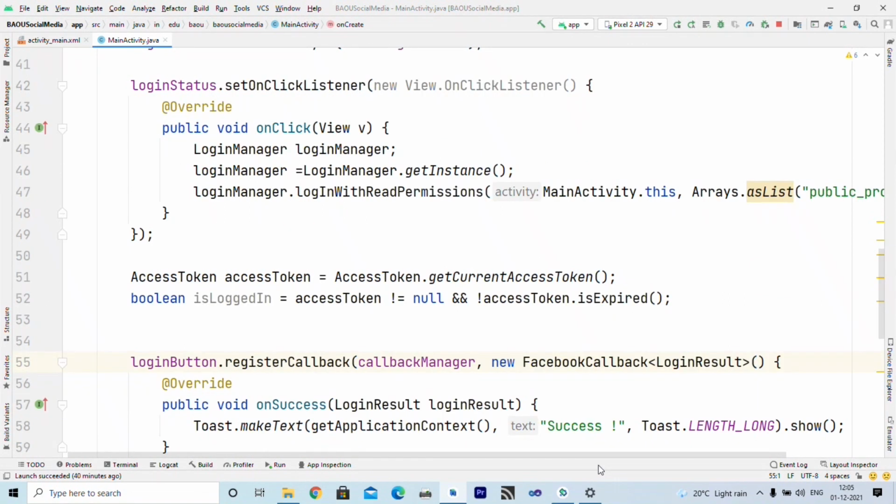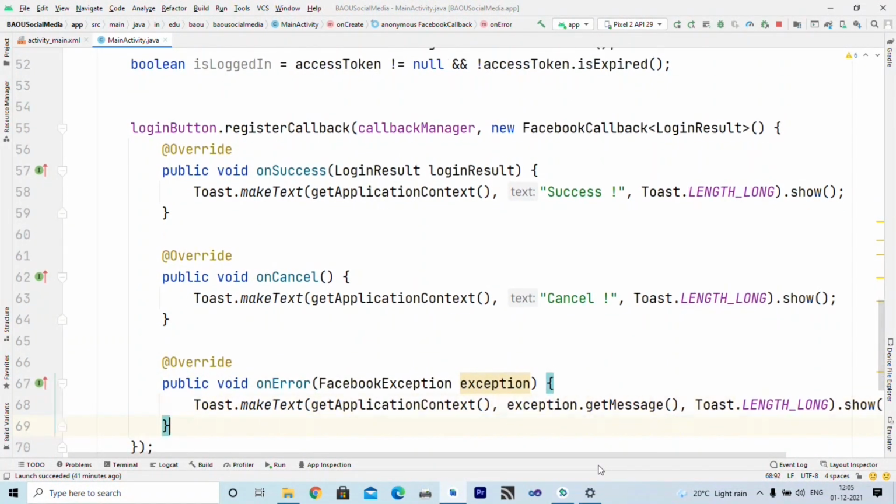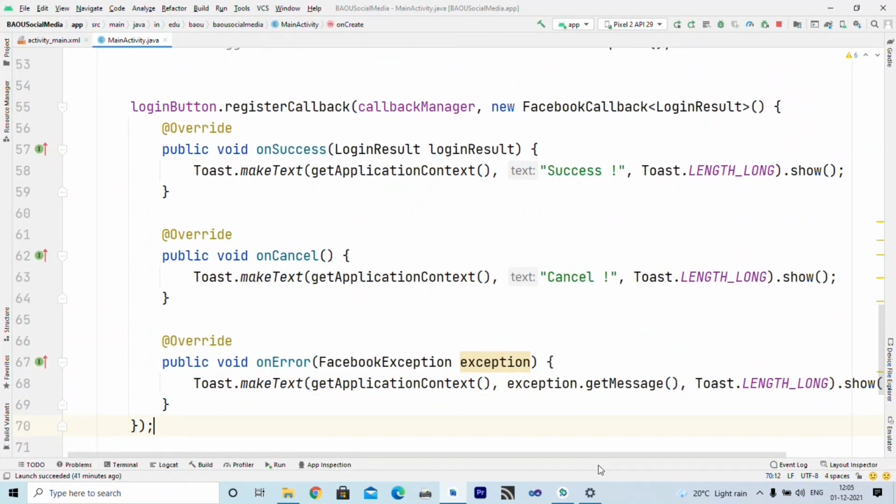The login button provided by Facebook must register a callback. So this registerCallback method is used to register the callback. This is a callback manager and this is an implementation of the Facebook callback, and you have to implement these three methods: onSuccess, onCancel and onError. If onSuccess is executed, it means login is successful, so we display success.